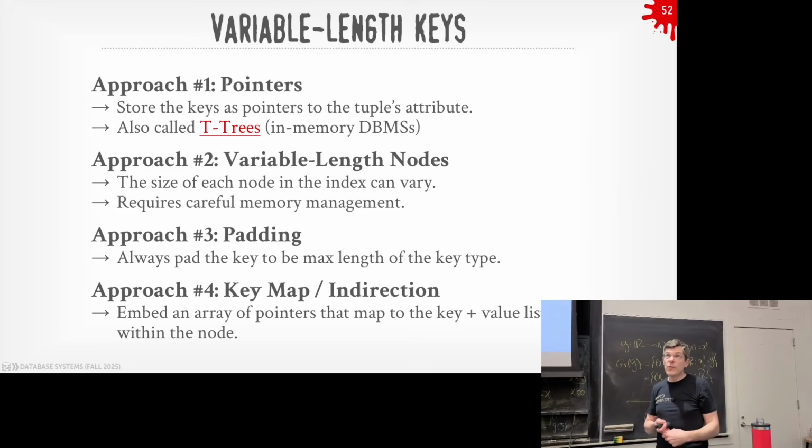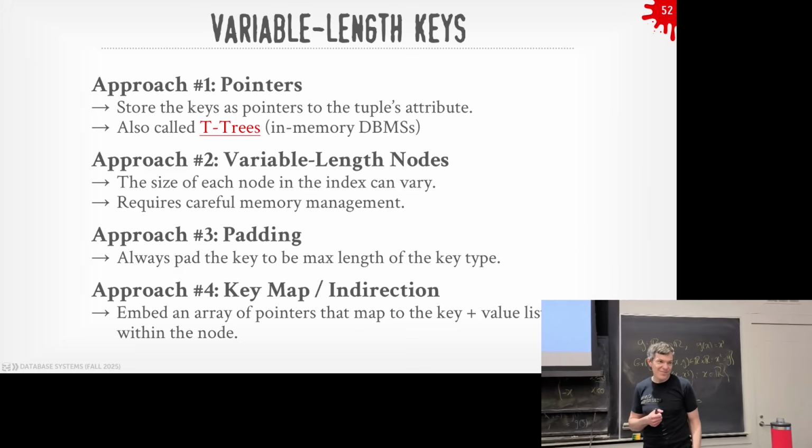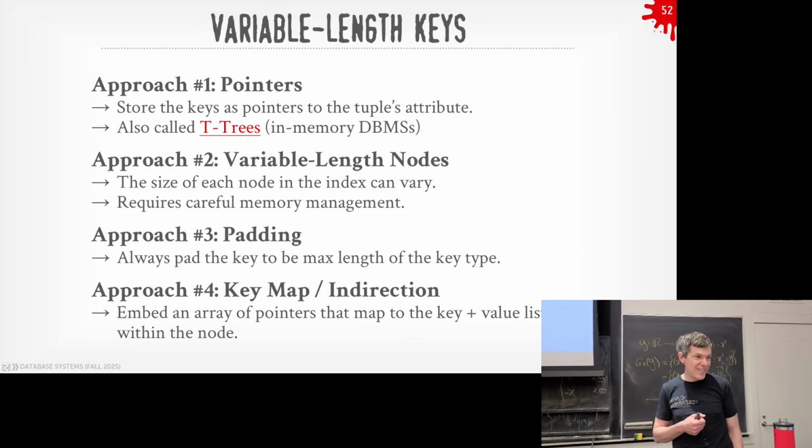So actually, you still need the key to range search. You've got to follow the pointer to go get the key to figure out how to do the range search. Every time you go to the pointer to get the key. Yes. Yes. Yes, go ahead. Isn't that way more random access? Yes. So don't do that.